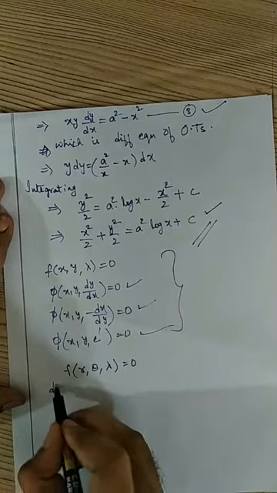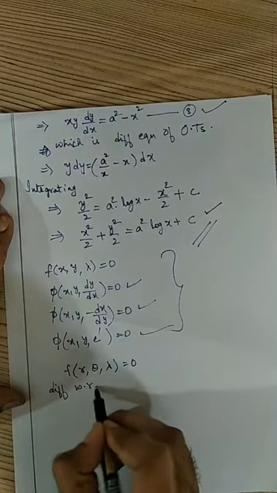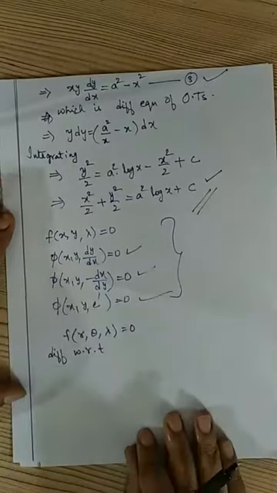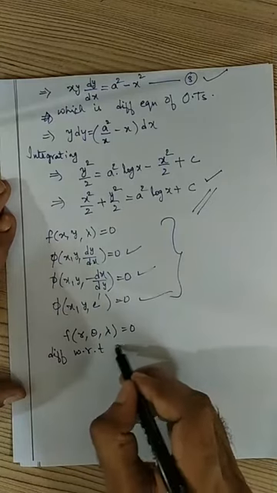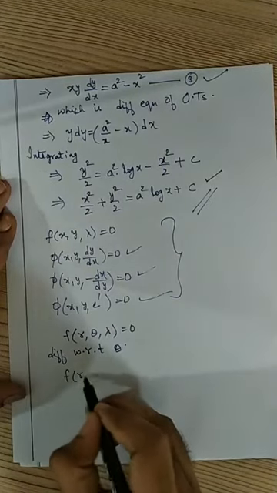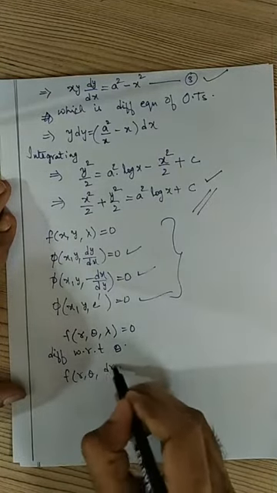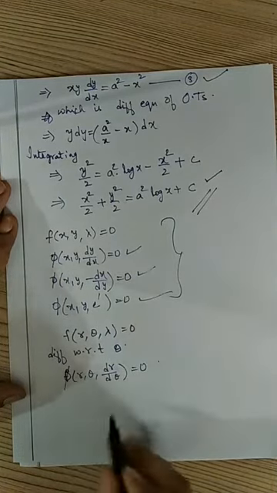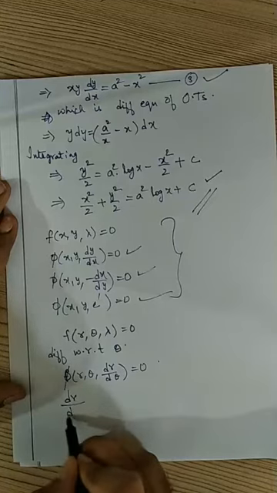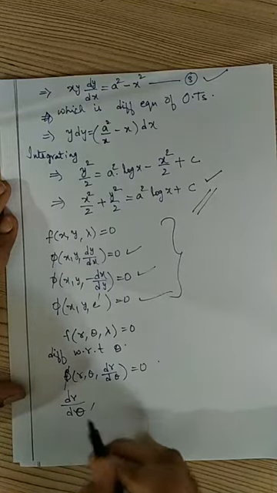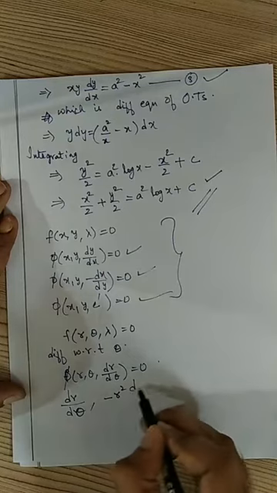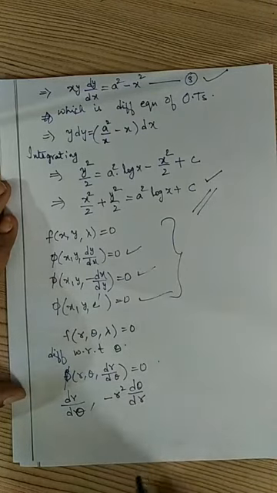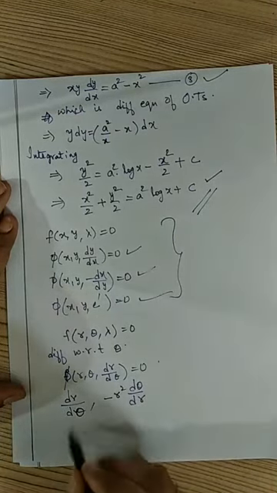Differentiate this. You have to differentiate this with respect to theta. Then what will happen? F of r comma theta comma dr by d theta equals 0, another function. Then what we have to do, the basic change, is replace dr by d theta with minus r square d theta by dr, not dr by d theta. We have to replace with d theta by dr.